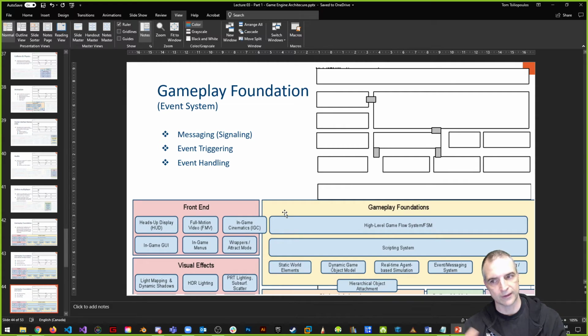So I have an event listener for different kinds of elements in my game, whether they're 3D models or UI elements, or it's a trigger that I've gone over or something else. And then I have an event handler that handles that triggered event. I trigger the event to happen, and then I handle the results of that event, right? This triggering and handling